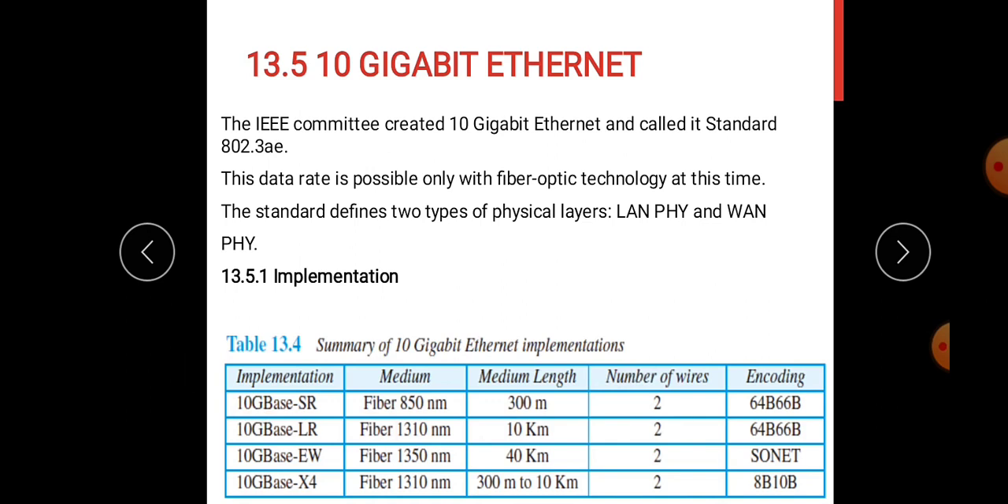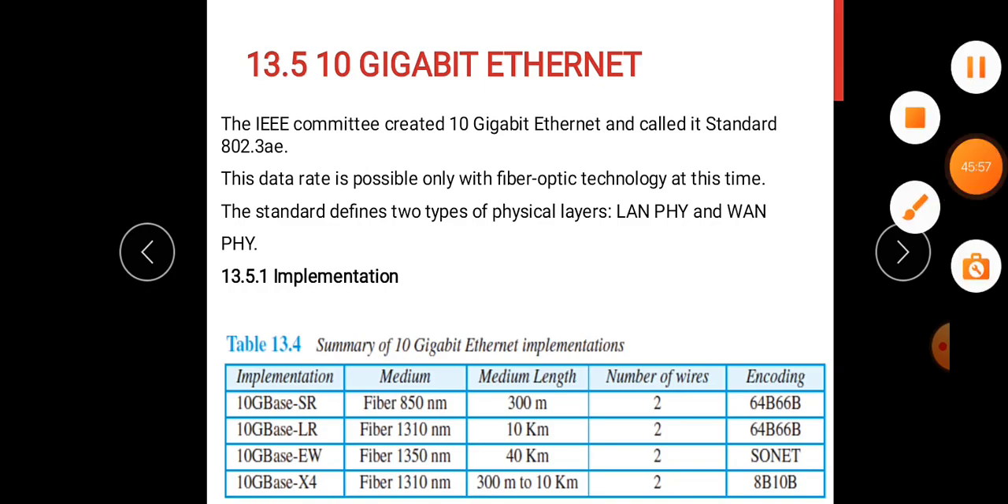10 Gigabit Ethernet operates only in full duplex mode, which means that there is no need for contention. CSMA/CD is not used in 10 Gigabit Ethernet. 4 implementations are most common, that is 10GBase-SR, LR, 10GBase-EW, and X4. So this table summarizes the implementation of 10 Gigabit Ethernet. So this completes the wired